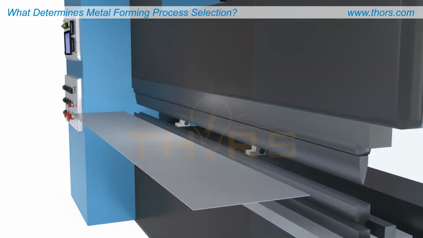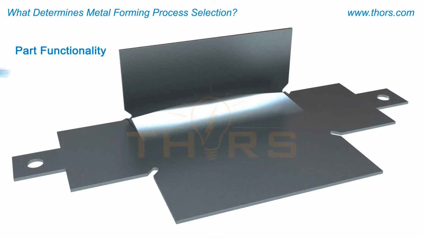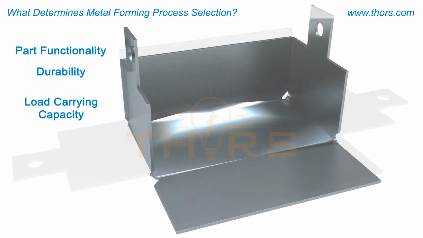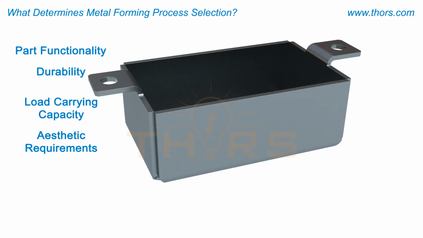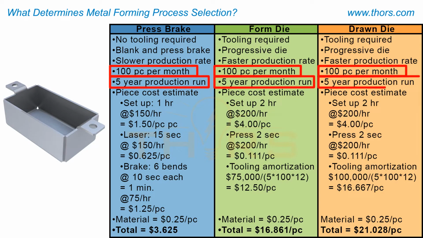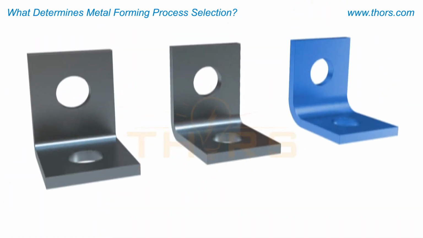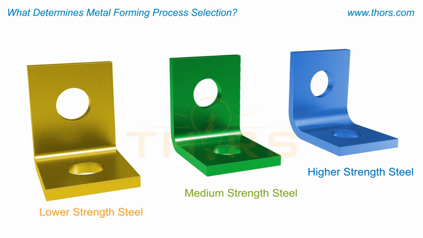a product enhancement. Factors such as part functionality, durability, load carrying capacity, and aesthetic requirements must also be considered. The production volume, or number of parts required, is also crucial, along with a duration of time for which the parts are required. Several prominent metal forming processes are options depending on the part material, part dimensions, and intended part